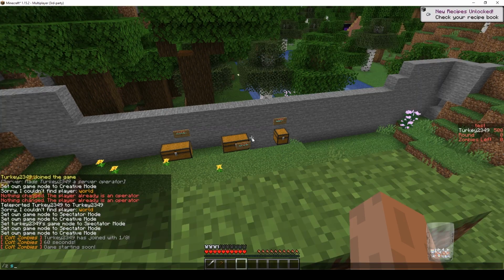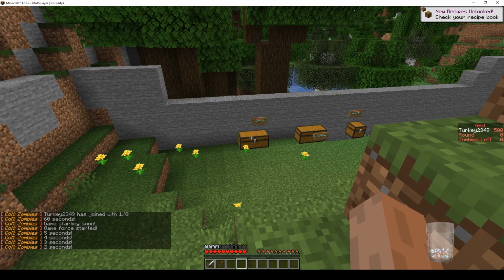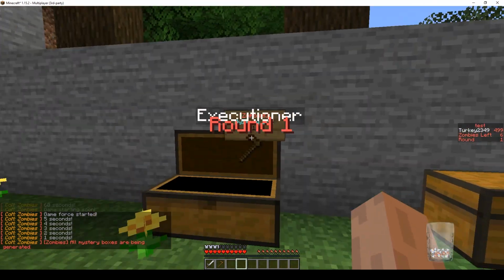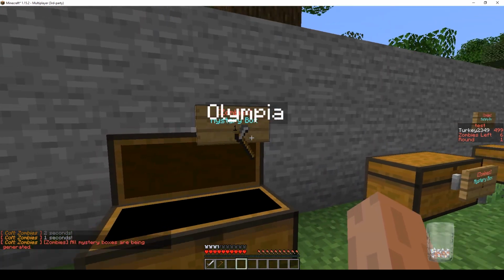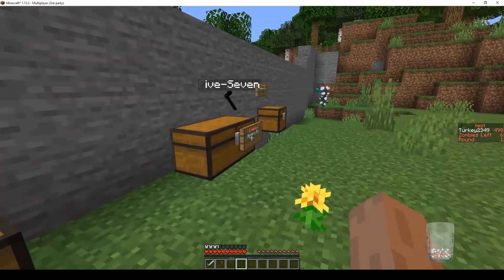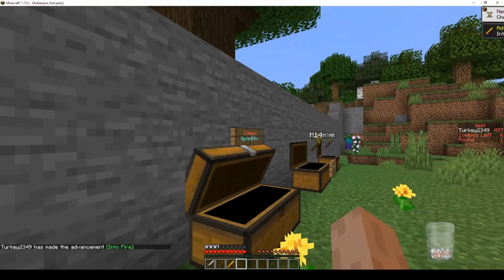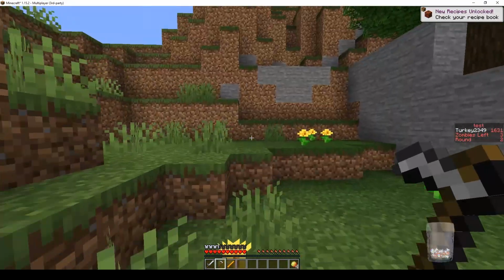So I'm going to join the game, start it up, just normal stuff. I'm going to go down here and attempt to get the monkey bombs out of the mystery box. On the mystery box you will see a pretty cool effect. It shows the gun and the gun name above it. I thought it was really nice. So I'm going to try and get a monkey bomb out of this mystery box, and I'll show you when I get that. Alright, so I have the monkey bombs now.